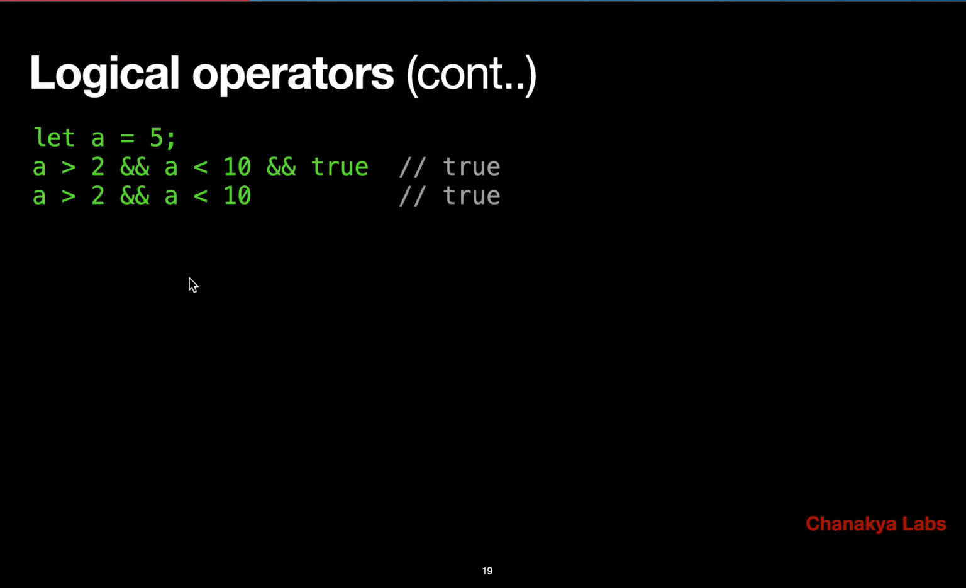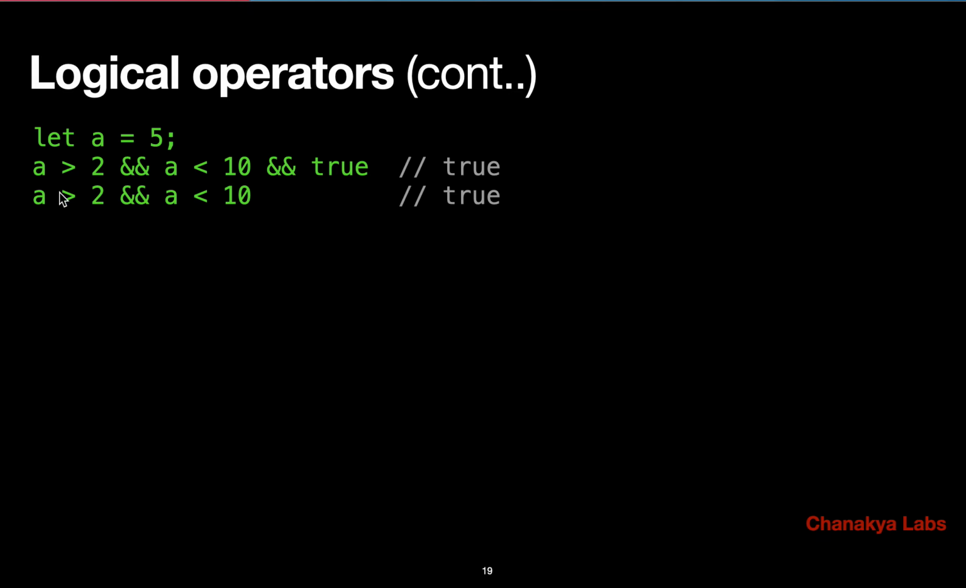Okay, just now I mentioned that you don't need true or false exactly. You can have other operators which evaluate to true. So here in this case, you can see that a is 5. 5 is greater than 2, which is false, 5 is less than 10, which is true, and true, which means that this will be false. The 5 is greater than 2 is true. Okay, this 5 is greater than 2, this is true, and 5 is less than 10, that is also true. So true and true and true, and that's why it is going to be